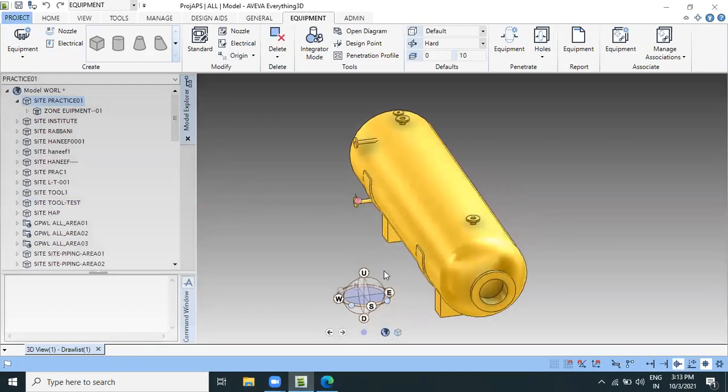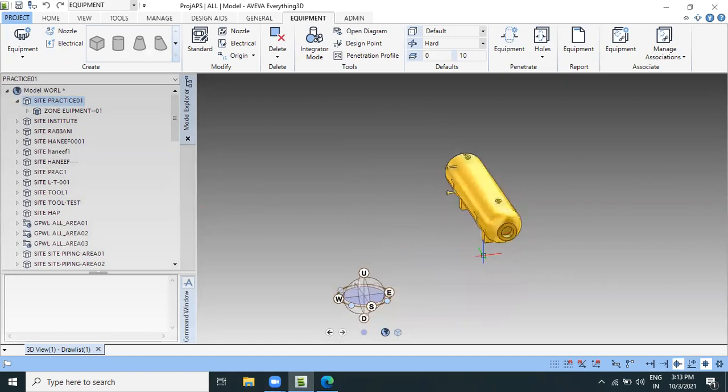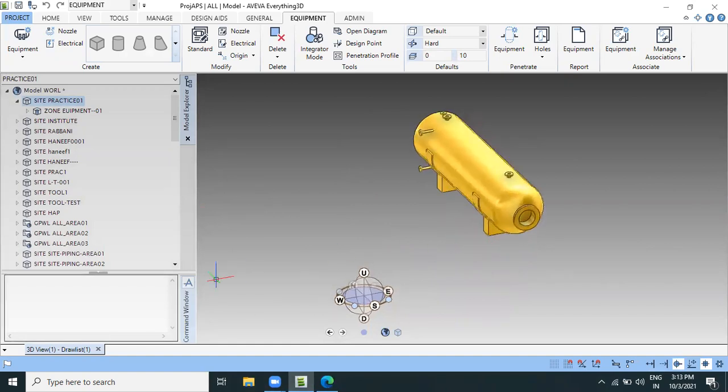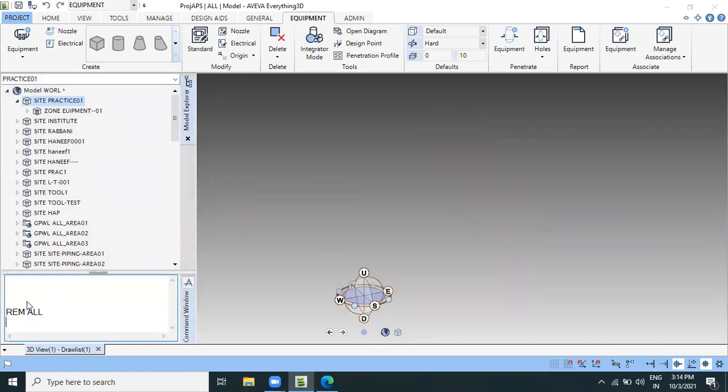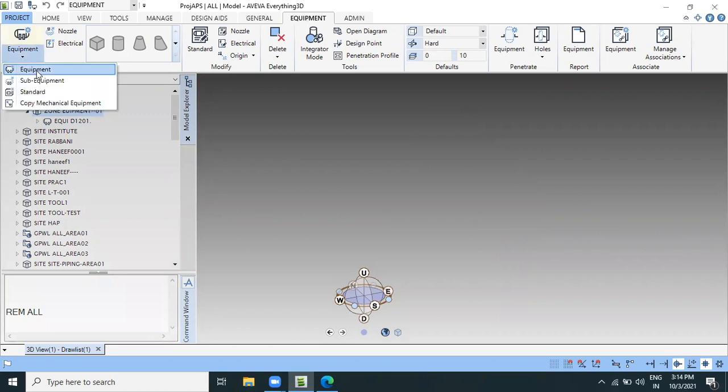If you want to remove the equipment from the workspace, just command here remove all. Then create one new equipment, then create one more equipment inside the equipment.